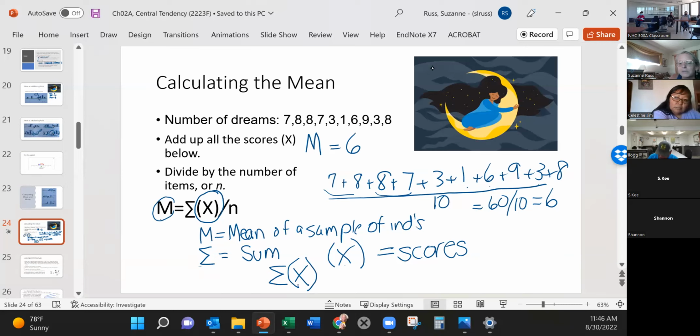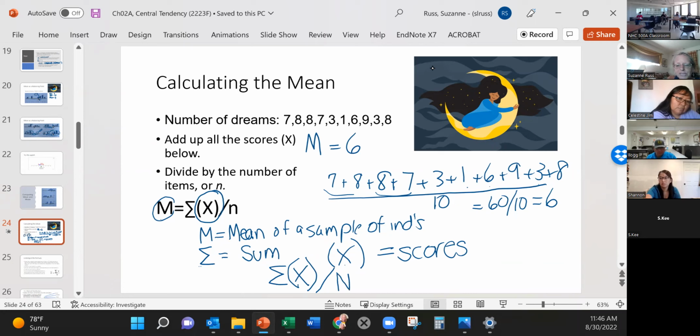So we're learning a new language. So you have to be patient, just like me learning little bits and pieces of Navajo language. You're learning a new mathematical language here that's like shorthand. And then when we know the divided sign, and then we see the N, in our class, we're usually going to use uppercase N. And the N just refers to the number of scores. And we're going to use this all the time in our class.